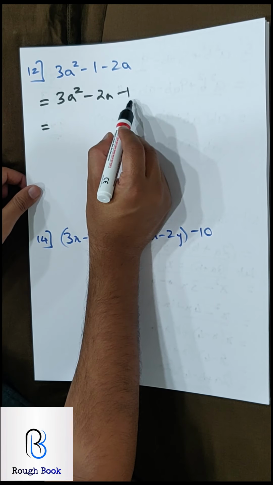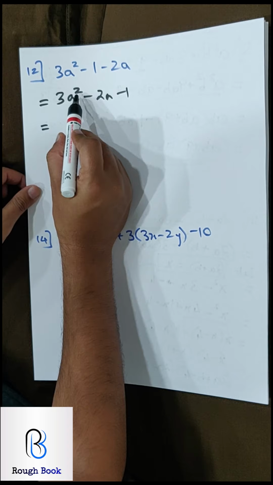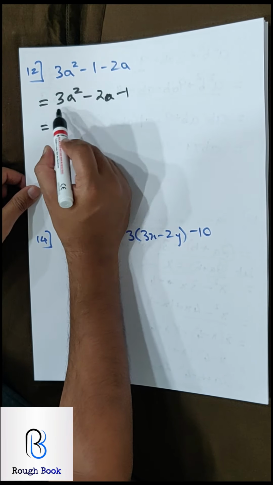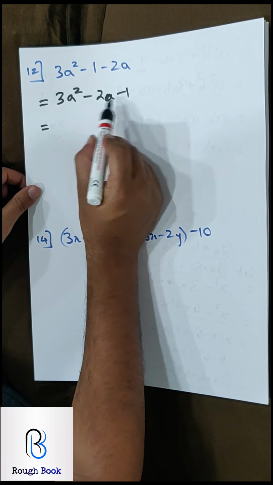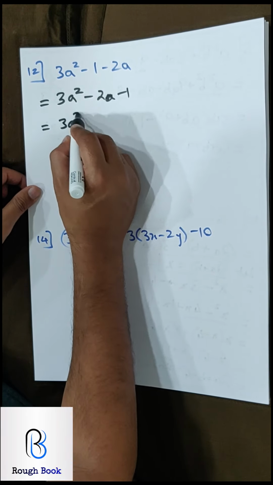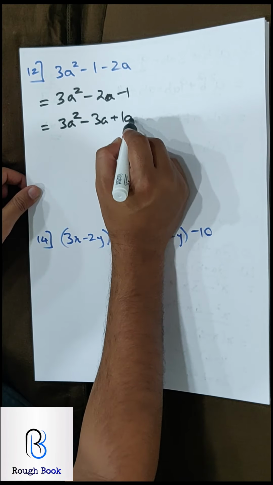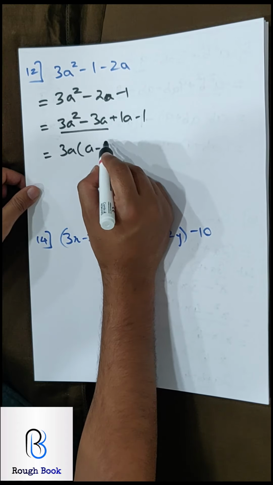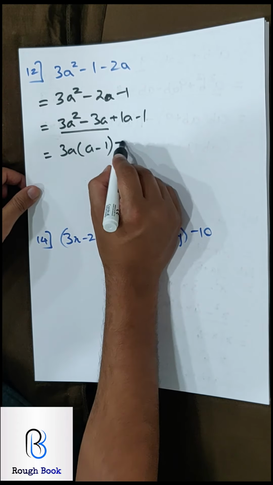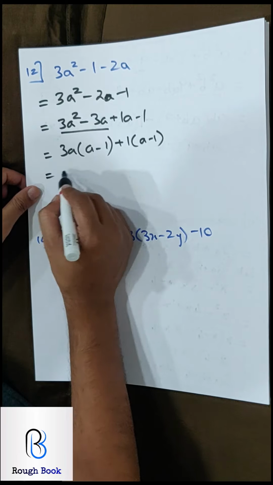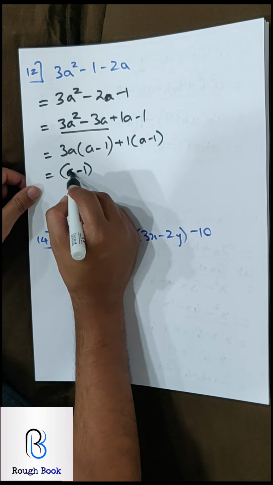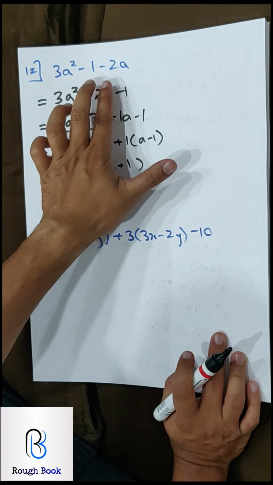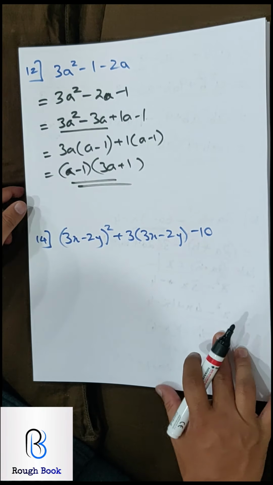Now that I know the correct order of it, 3a square. So this degree defines the order. The degree or the power defines the order. Now 3 ones are 3. So 3 minus 1 is going to give me 2. So straight away sorted. Minus 3a plus 1a minus 1. What is common? So 3a, a minus 1, because this 3a is out, plus 1, a minus 1. So I can pull out a minus 1 and 3a plus 1. Simple. So here the only trick was they had actually shuffled it in order to confuse us.